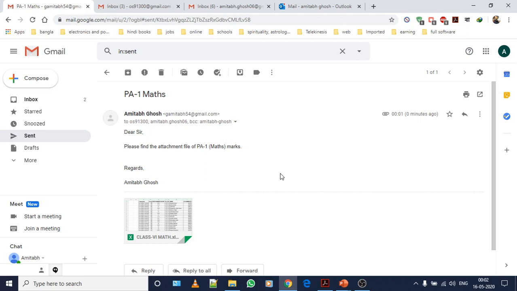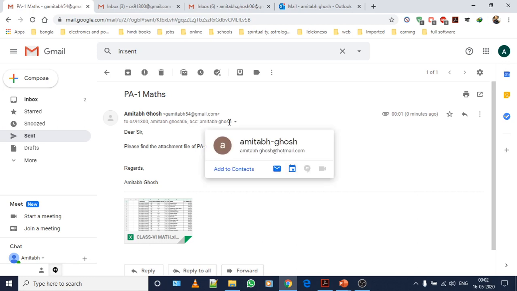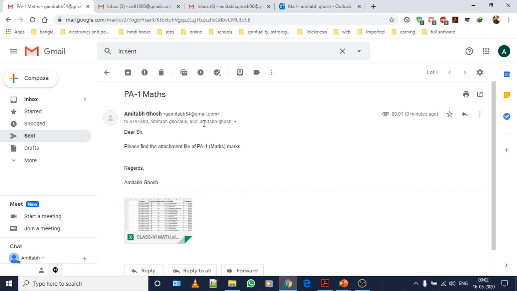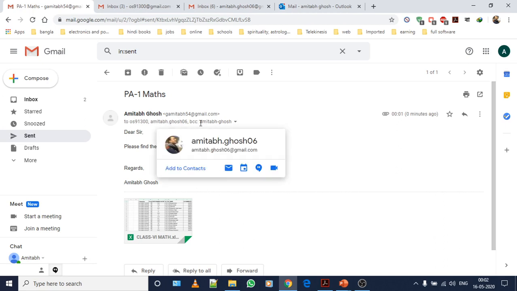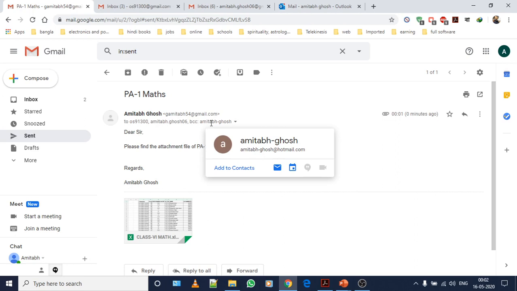In tomorrow's session, I am going to show you whether these recipients received the mail or not, and I am going to demonstrate that the person who is in BCC can see these two persons' email IDs, but these two email IDs can't see the email ID of the person who is in the BCC area.